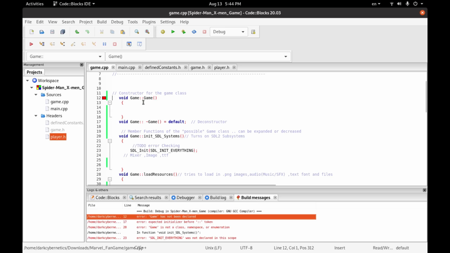It's still in the same spot. Void game, void. It says game has not been declared. I'm not worried about that right now. Tell you what, we'll just comment it out, and we'll fix it in a minute. You can comment out more than one block of code, for the constructors and the destructor, if you remember from our C++ series. So when we compile again,